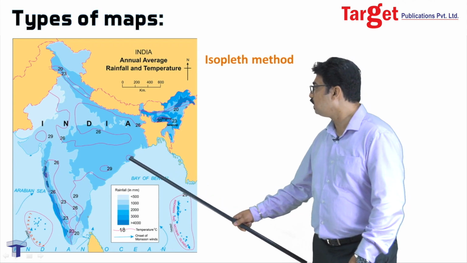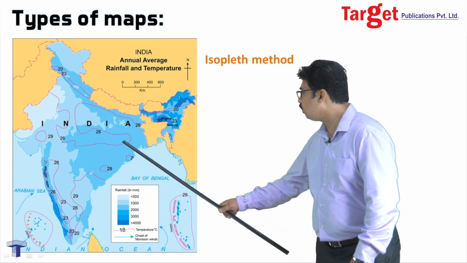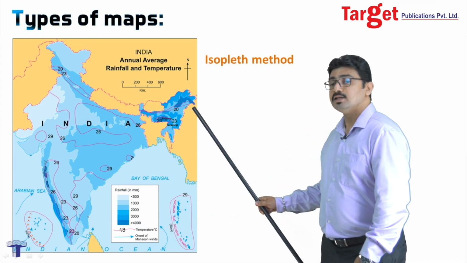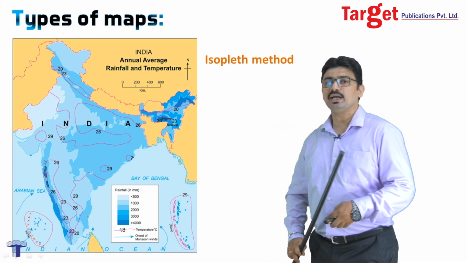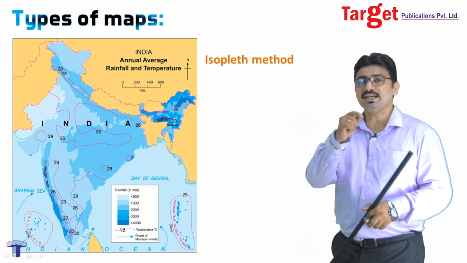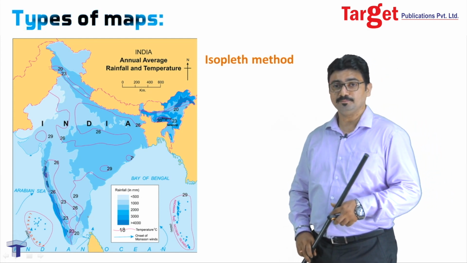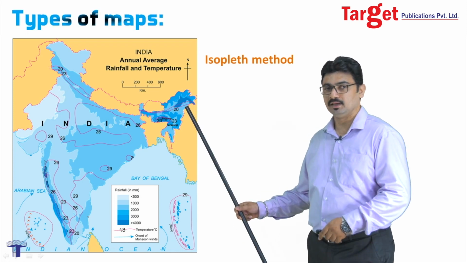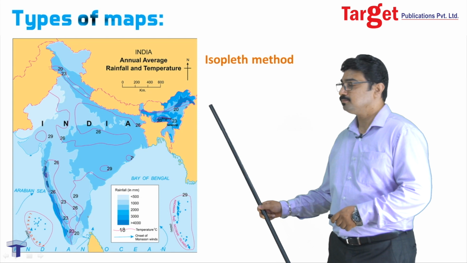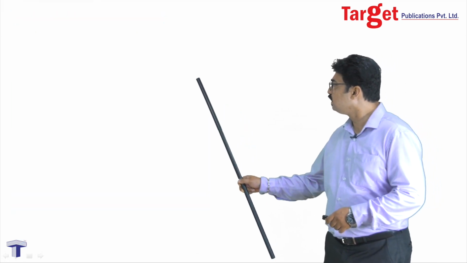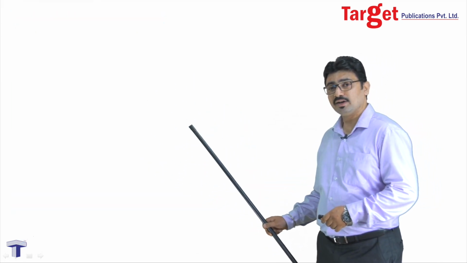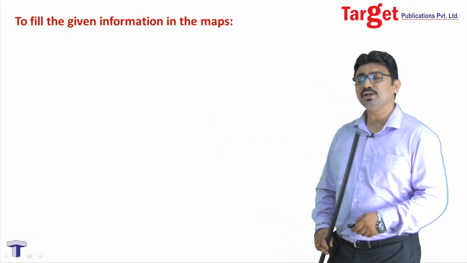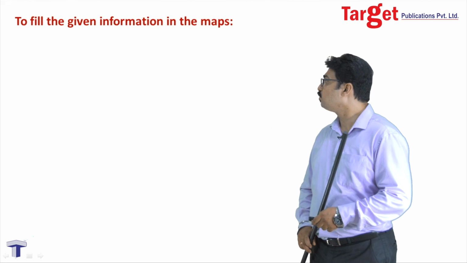As we see here, the highest rainfall is in the northeast, on certain regions on the western coast, as also in the eastern states. We all know that Cherrapunji records the highest rainfall in the entire world, which lies in the northeastern states of India. All right. So here we clearly understand where we have higher rainfall and where we have lower rainfall. So these are the three important types of distributional maps that we see.